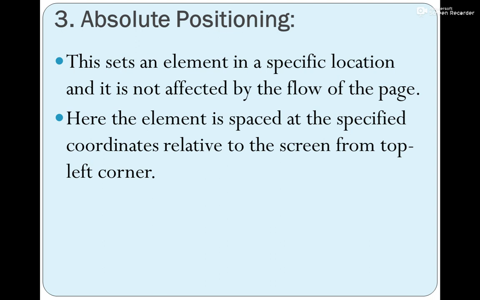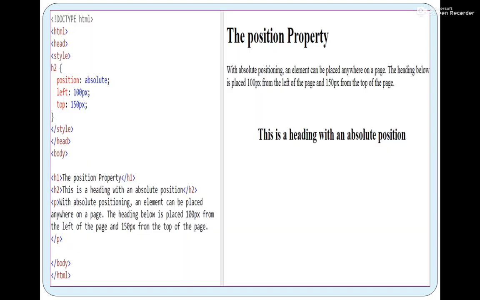So for the reference of a web page, we will start from the topmost left corner of the web page, top and left, right? In the previous example, right and bottom meant the element was placed at the rightmost bottom. Now here, for the reference, you will start from the top and left corner of the web page. We'll see what that means. Now first concentrate on the body section. How many elements are there in the body section? In total there are 3 different elements. Which ones? H1, H2 and P.